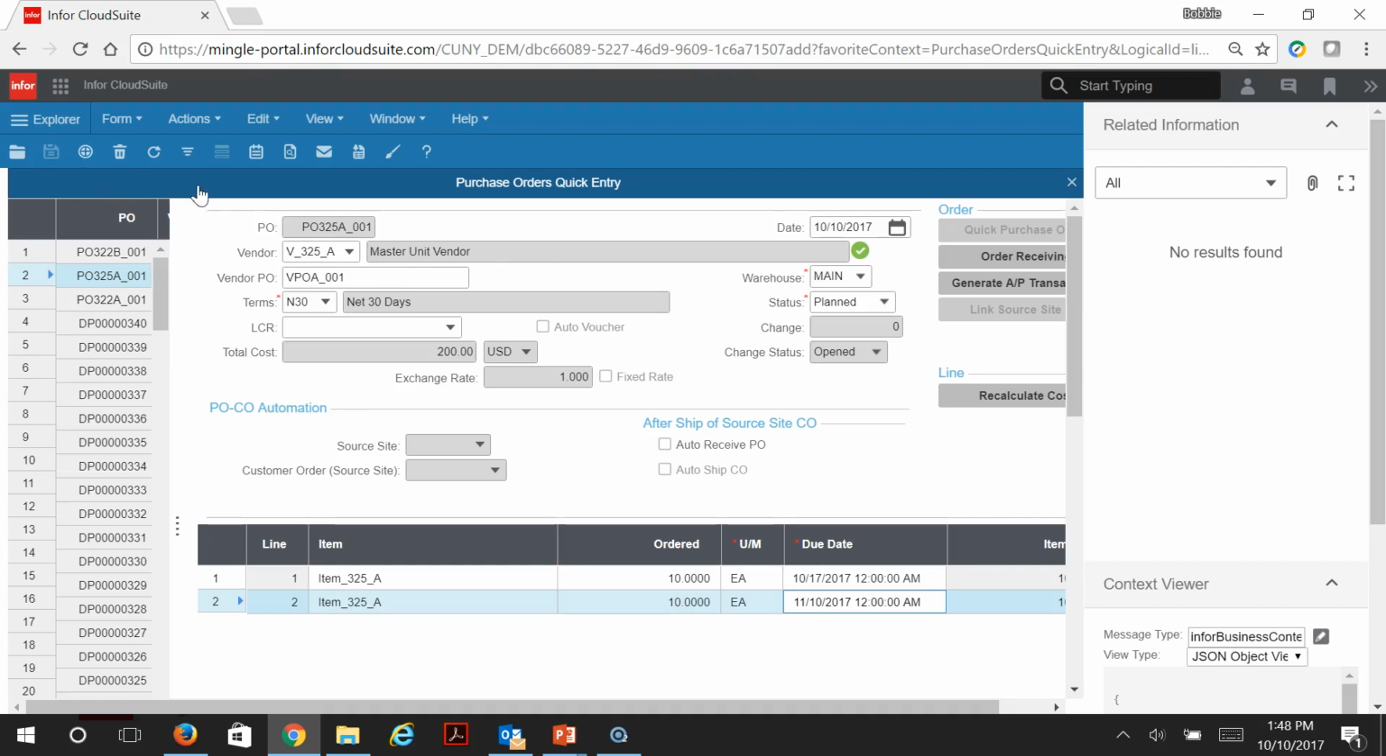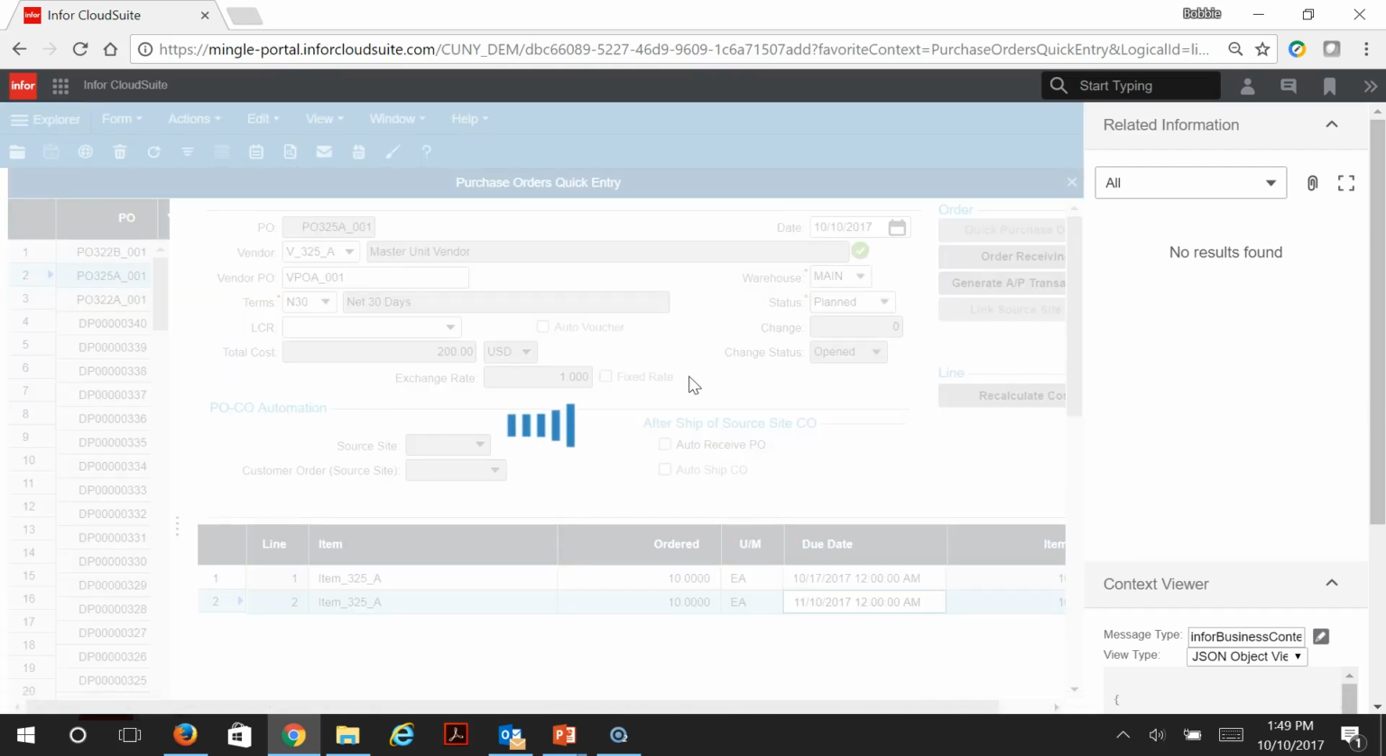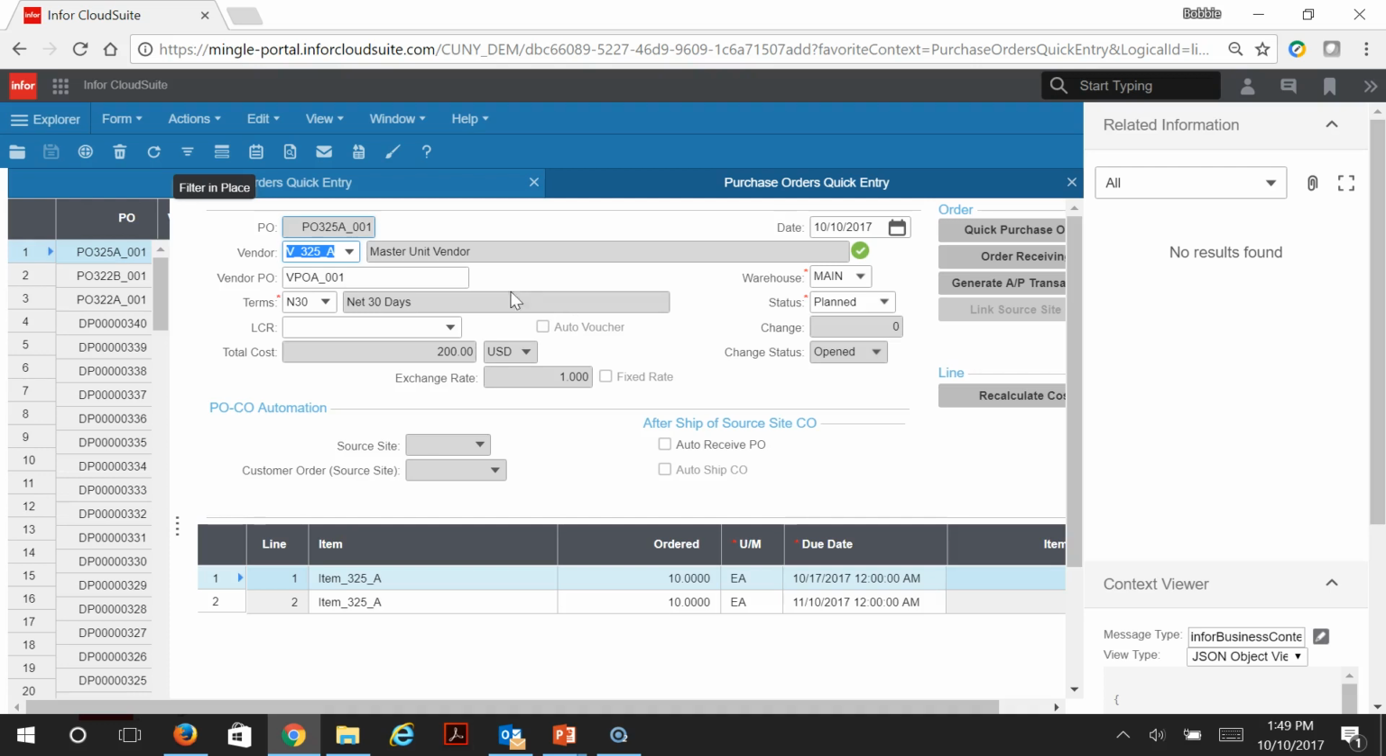And then we're going to go to the form menu. We're going to create a new purchase order. So we open up the same form again, purchase order, quick entry. And we're going to repeat the same steps, this time for item B. So we have a purchase order for item A. Now we're going to create a new purchase order